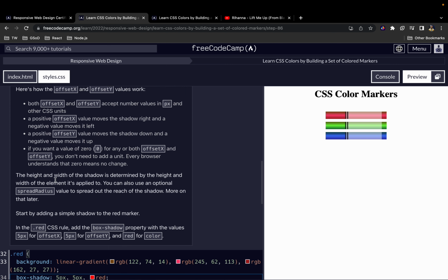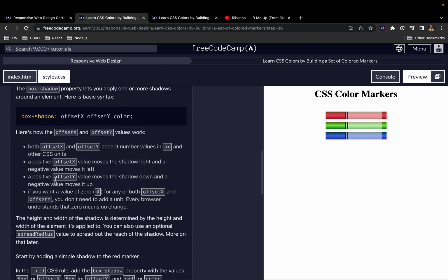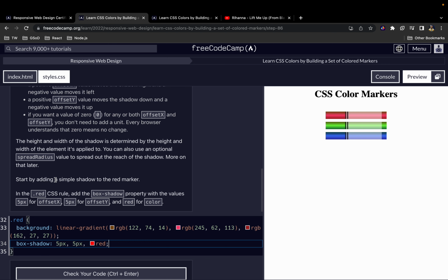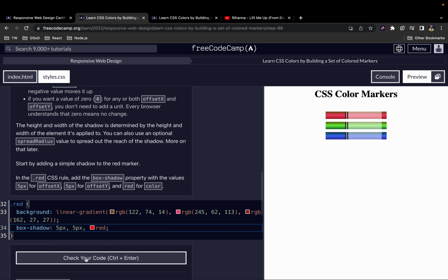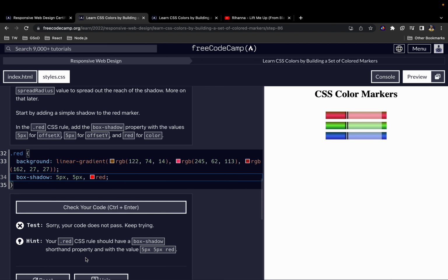Okay, so something is not working. Oh, so we don't need this comma here. Okay, so that's what is wrong. Let me remove this comma here. All right, so now as you can see, we have this box shadow